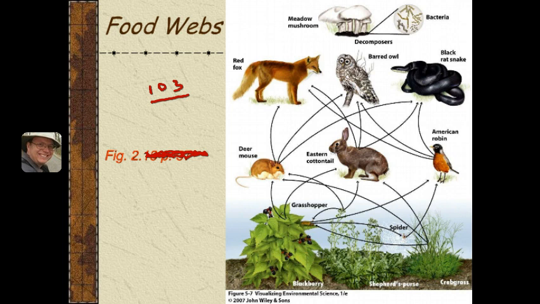It turns out that in ecosystems, when things get more complex, the ecosystem is better off. Ecosystems kind of like complexity. Complexity is a good thing. We can think of this complexity as diversity. Think about